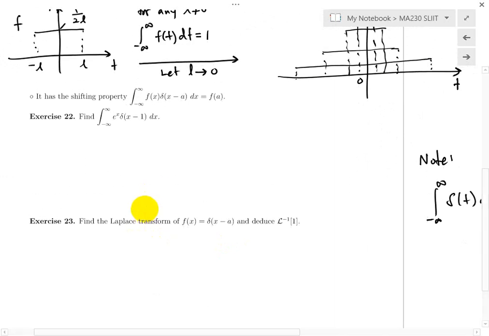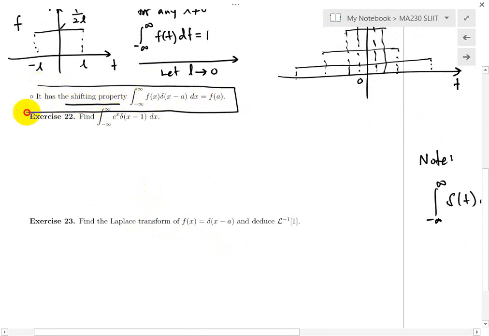When you wanted to calculate the Laplace transform of this function, you get this constant function which is 1. Okay? That's because it is in the Laplace transform table, I just want to show that. Now one of the important things is called the shifting property for the delta function. This is actually a very important property. So what this is telling us, you take the delta function and you multiply the delta function